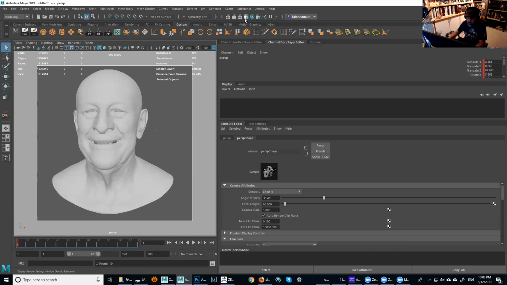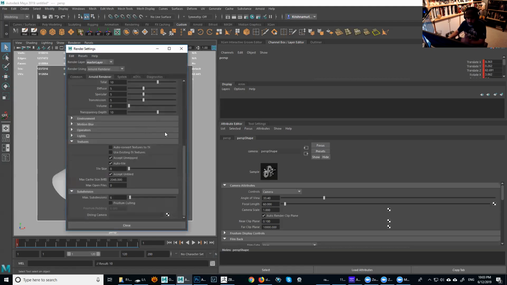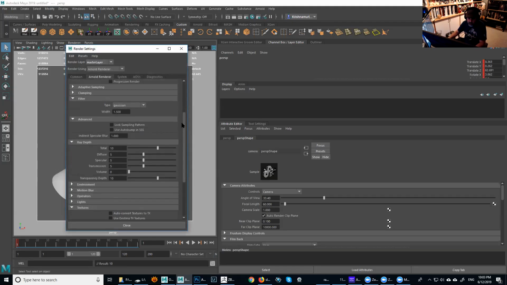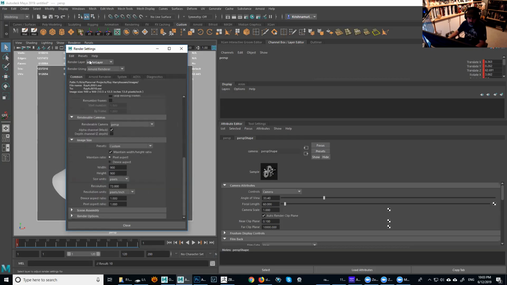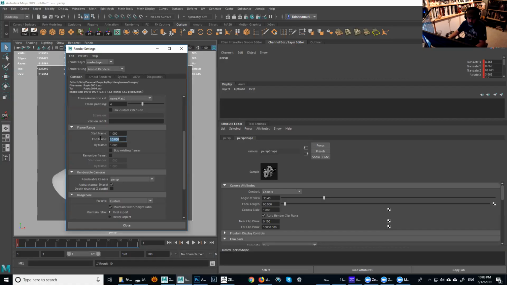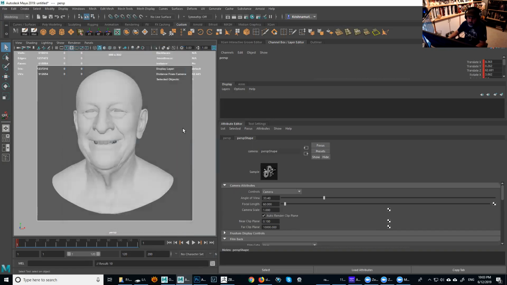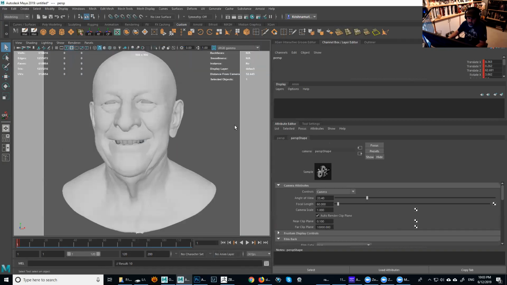So when I'm planning to render this as a sequence, all I have to do is set up the render settings, common. I'm just gonna set it to 1 to 3, for example, in here. And then it's gonna render those 3 frames for me, right? Let's close this one up. And so I have the camera set up.